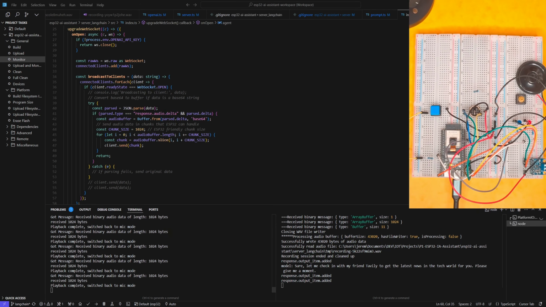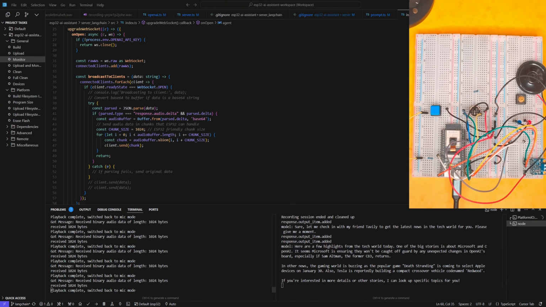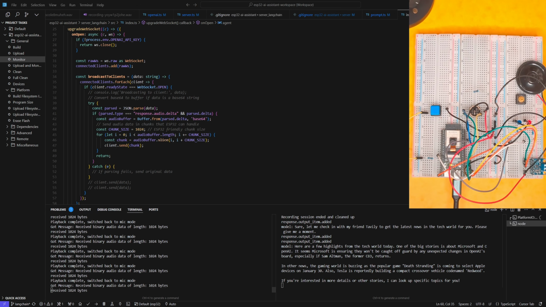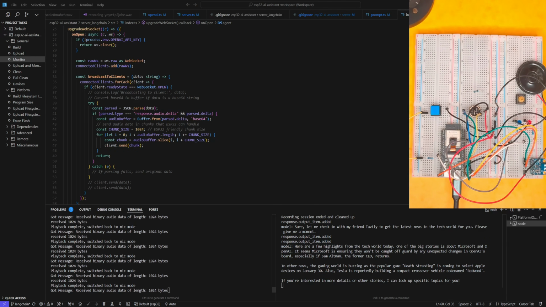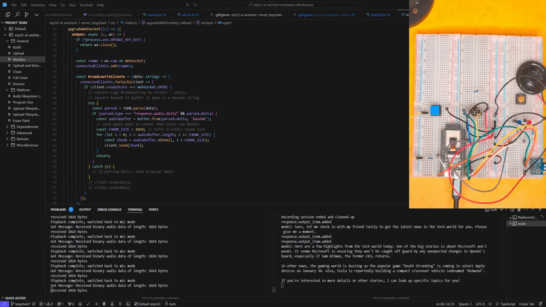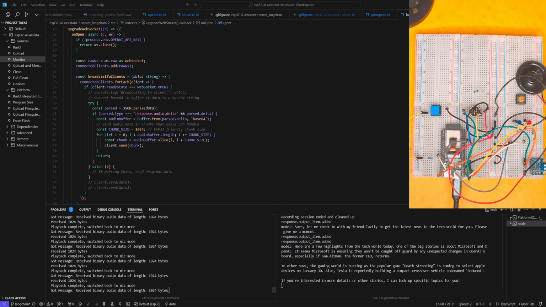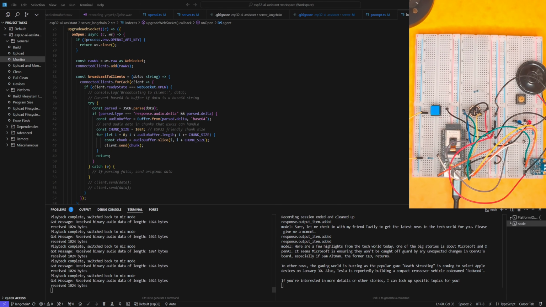Here are a few highlights from the tech world today. One of the big stories is about Microsoft and OpenAI. It seems Microsoft is ensuring they won't be caught off guard by any unexpected changes in OpenAI's board, especially if Sam Altman, the former CEO, returns. In other news, the gaming world is buzzing as the popular game Death Stranding is coming to select Apple devices on January 30th. Also, Tesla is reportedly building a compact crossover vehicle codenamed Redwood. If you're interested in more details or other stories,